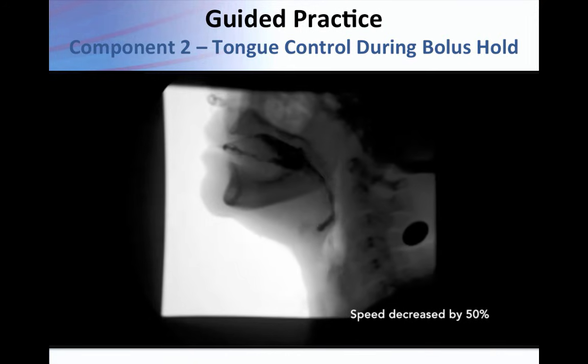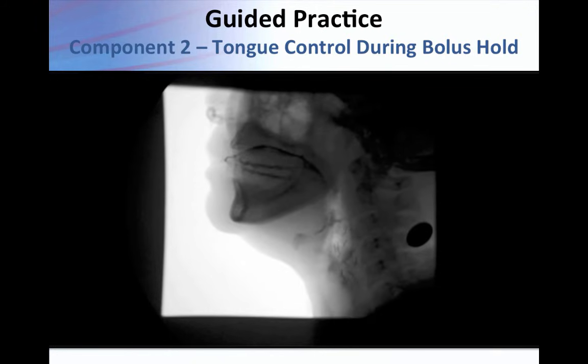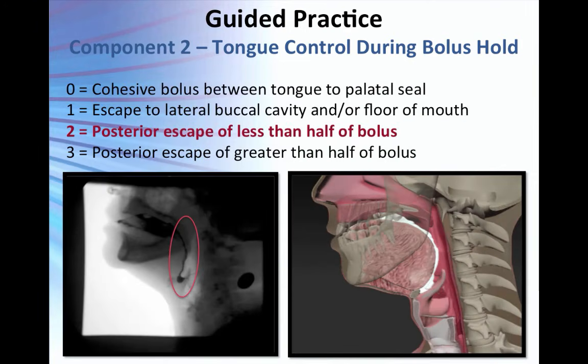So the material's fallen through the mouth. Now he's moving his tongue, initiates a swallow. And this is a score of 2, posterior escape of less than half of the bolus from the oral cavity during the time you've told them to hold the material in the mouth prior to the initiation of productive tongue